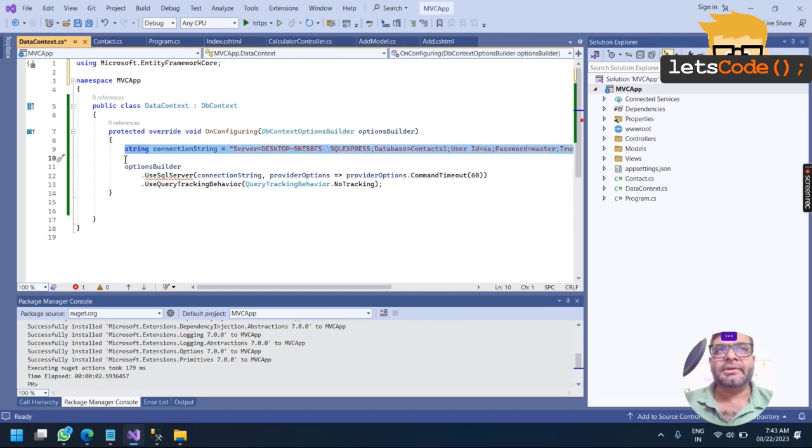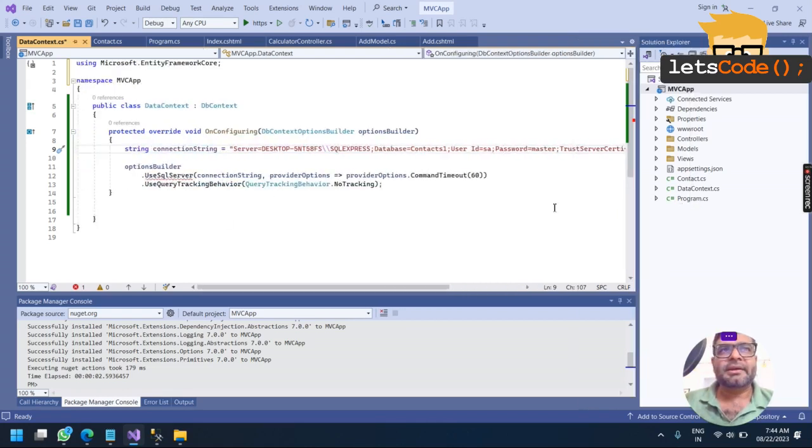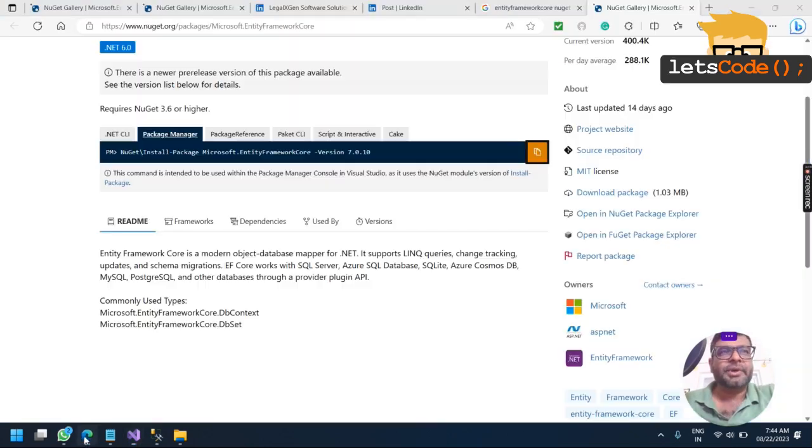Very first thing, I am writing the connection string. I am telling where is my database server name, what is the database name, what is the user ID, what is the password. So this way I am giving it completely. And then there is the options builder that comes from this, and here there is one more thing causing problem, UseSqlServer. So I don't remember what is the NuGet package.